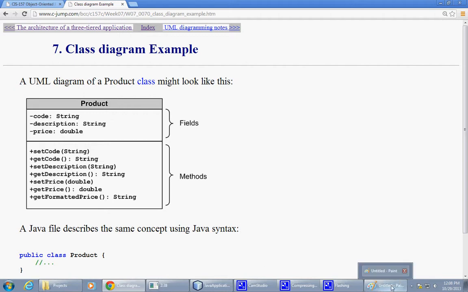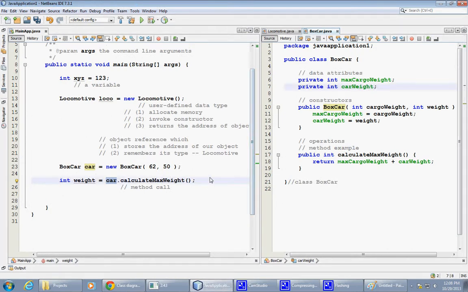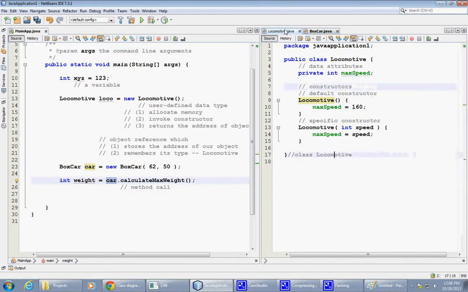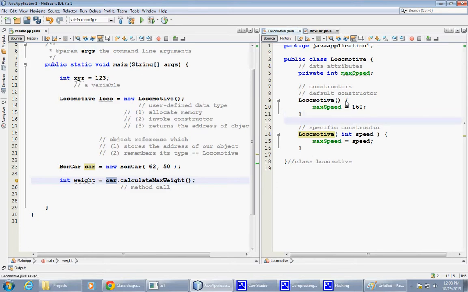Now, I also would like to note something about the constructor syntax. Let me go back to the locomotive class and take a look at its constructor, the two constructors that we have, the default constructor and a specific constructor, which takes some parameters. It happens to be one parameter. Notice that compared to